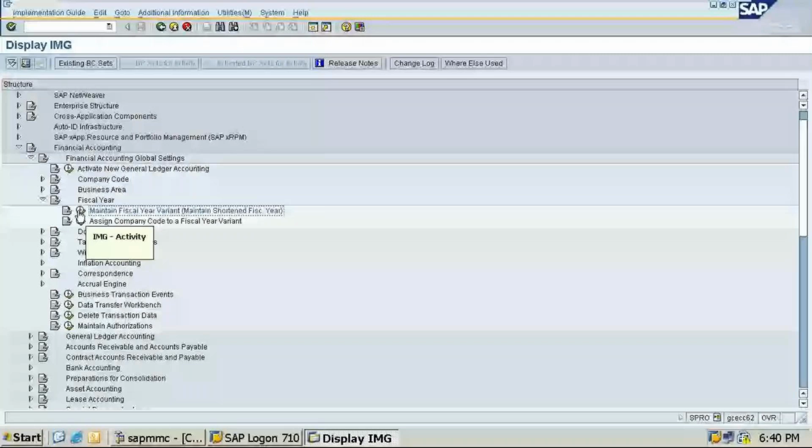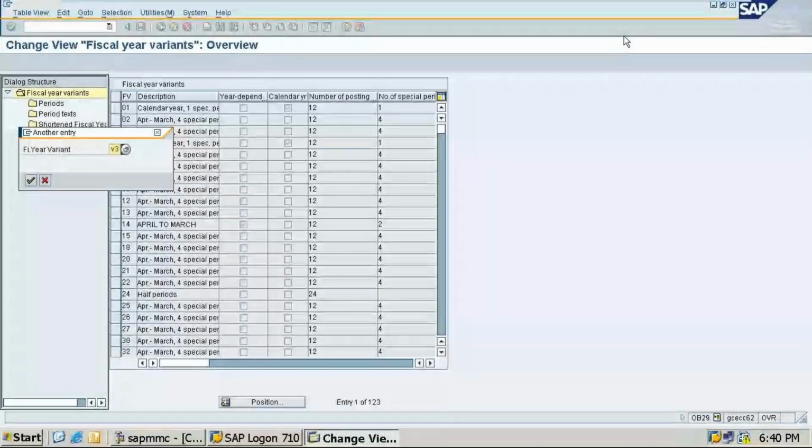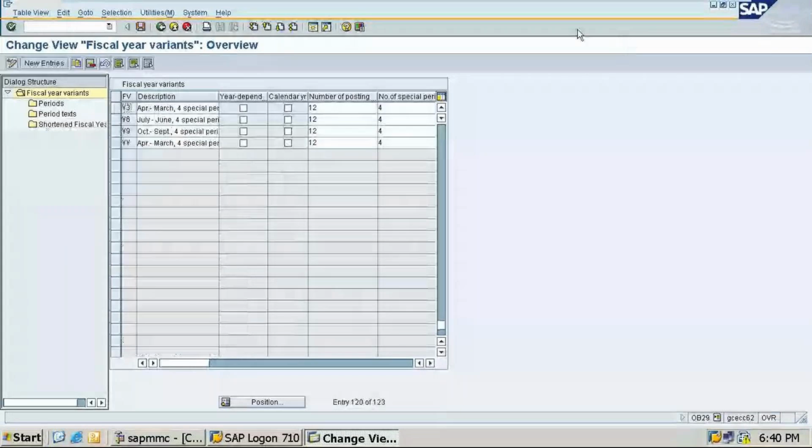This fiscal year variant is V3. Okay, V3 you have to put. What is V3? V3 is April to March and 4 special periods, that means 16 posting periods. And V6 is June to July, V9 is October to September, VB is April to March. According to the Indian accounting standard we are using V3.